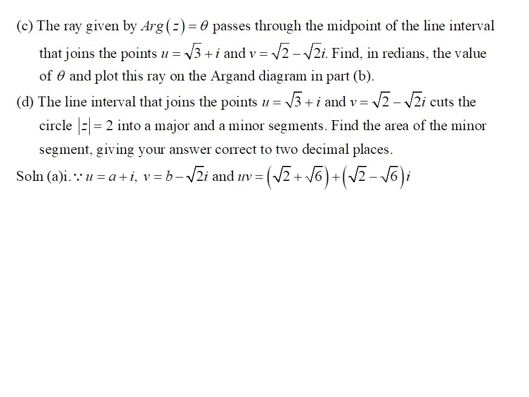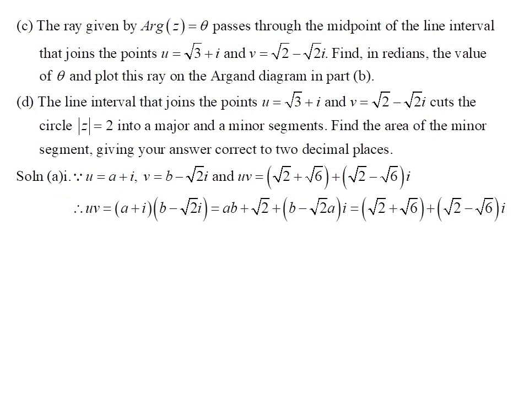Since u equals a plus i and v equals b minus square root 2 i, and u times v equals (square root 2 plus square root 6) plus (square root 2 minus square root 6) i, u times v equals (a plus i) times (b minus square root 2 i), which equals (a times b plus square root 2) plus (b minus square root 2 a) i. After being equated to (square root 2 plus square root 6) plus (square root 2 minus square root 6) i,